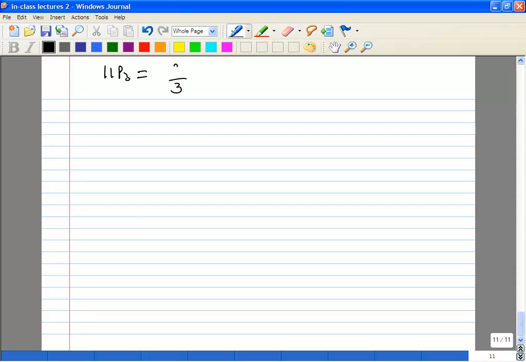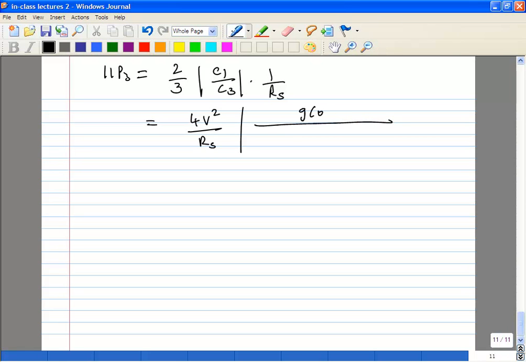Actually, let's calculate the power directly. 2/3, so this happens to be 4V squared over RS times G of 0 over